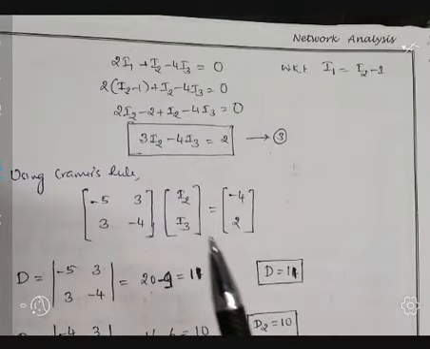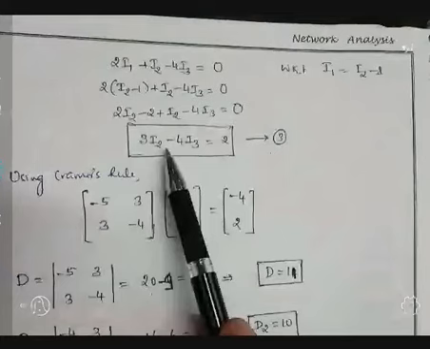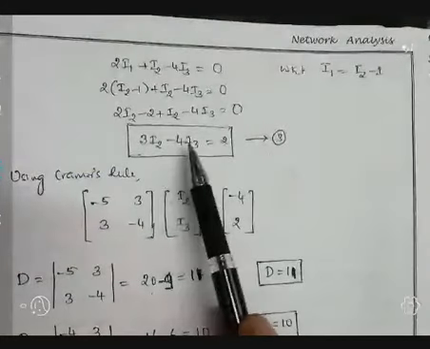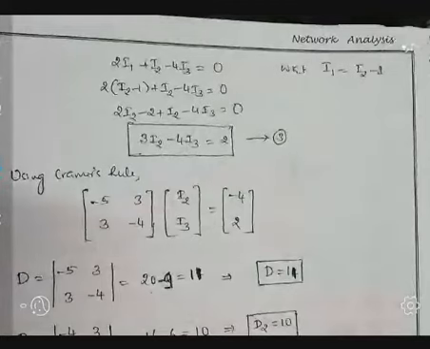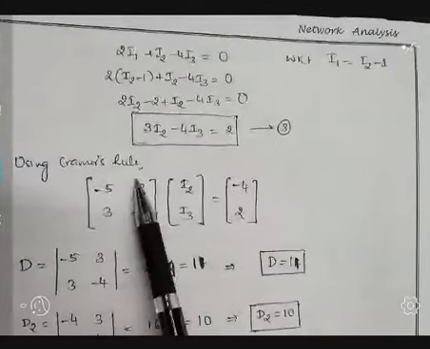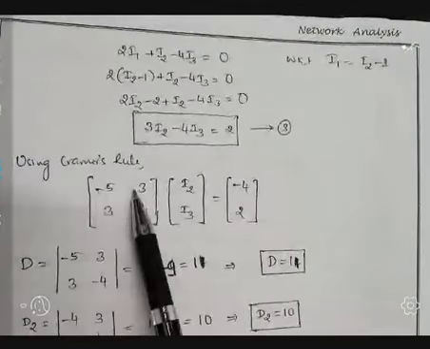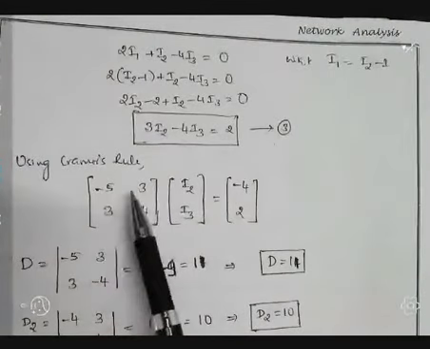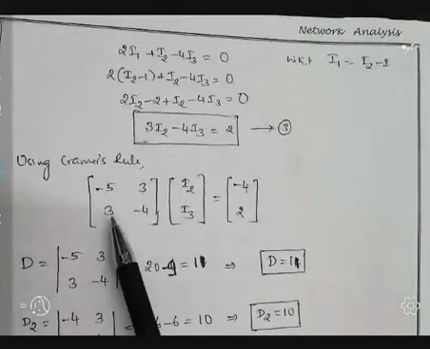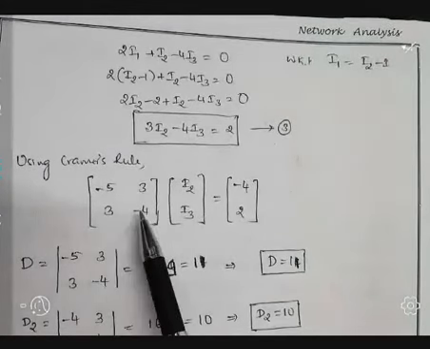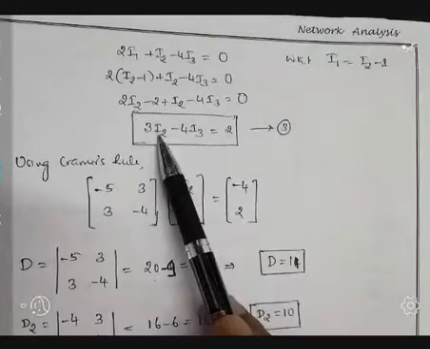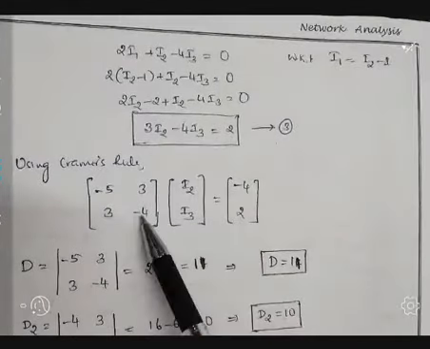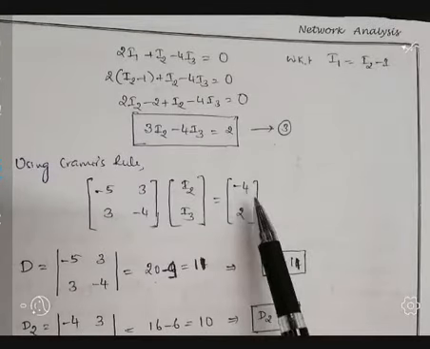So from equation 2 and 3, there are two unknowns, that is current I2 and I3. You may use the calculator for the calculation of these two currents. Otherwise, you may use the Cramer's rule. Using the Cramer's rule, first I will write, first row entries are the coefficients of I2 and I3 of equation 2, that is minus 5, minus 3. Next row is the coefficients of I2 and I3 of equation 3. The coefficient of I2 is 3. The coefficient of I3 is minus 4. I2, I3. Then constant terms are minus 4 and 2.